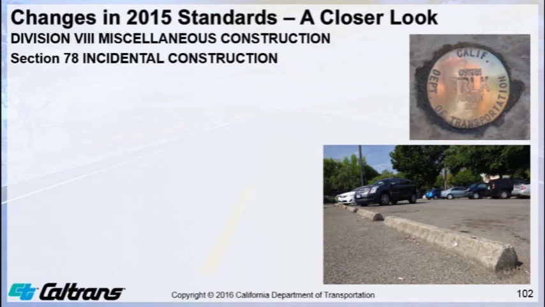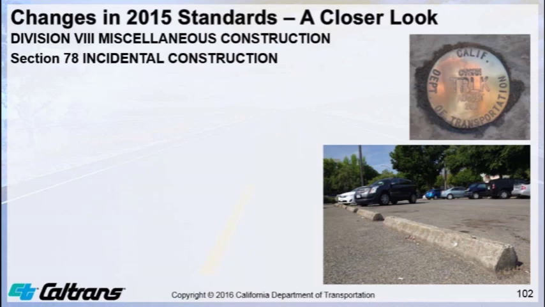Division 7 miscellaneous construction, section 78 incidental construction. This isn't really a new section. It appeared in the 2010 revised standard specifications. This section contains various specifications for constructing incidental bid items that are not closely associated with other sections. In plain language, we refer to this section as the specification junk drawer. If you can't find a home in any other section of the specifications, then it probably belongs in section 78,